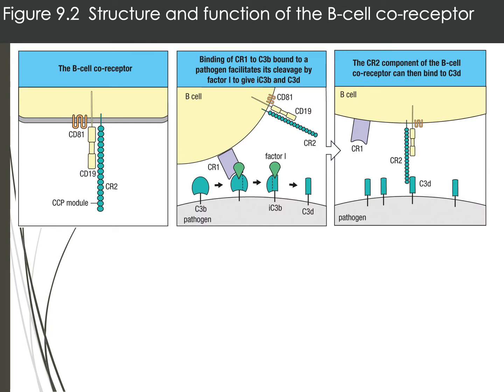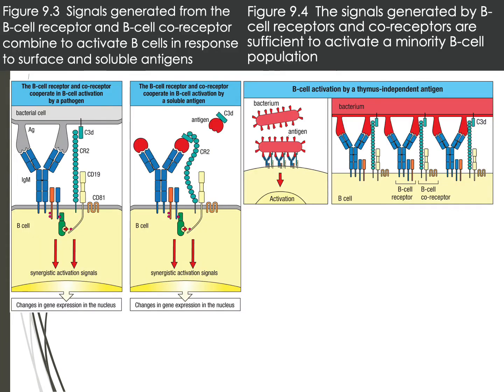Just remember that with the B cell receptor, there are co-receptors, so a little bit different than CD4 and CD8. It has CR2. So you can see how CR2 can interact directly with the pathogen, allowing for an anchoring. We'll also see in our next slide how it can allow for stabilization so that the B cell receptor can interact with those antigens that are on